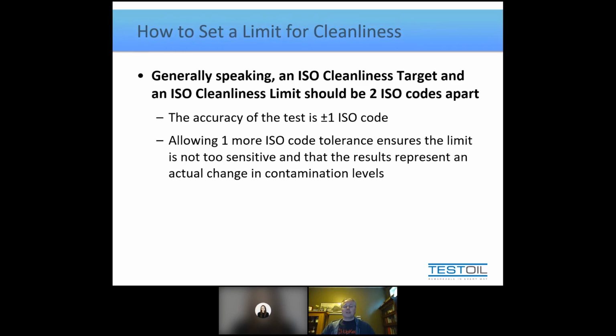So if you're setting your target at 15, 13, 10, and you're at 16, 14, 11, that's pretty close to target. Don't worry about it yet. But once it hits 17, 15, 12, now we need to maybe consider the next steps, right? Inspect your breathers, add filtration, change your filters, whatever makes sense for your setup. But there we go. Hopefully you found that enlightening. You have a better understanding of ISO codes, so you know the terminology I've been using, and you have a way of identifying how to set a target, which then, like I said, lends itself to a limit.